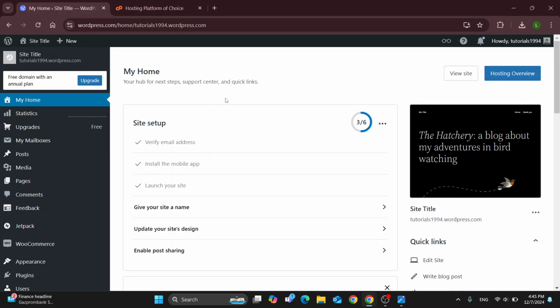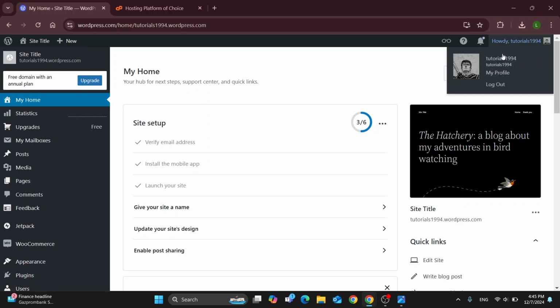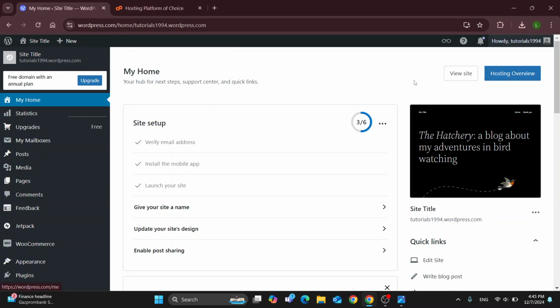So the first thing you want to do is to go ahead and open up the official WordPress website right here at wordpress.com if you've not already, and after opening it up, you'll be greeted by this main page right here, where in the upper right corner you can get started with logging into your account. So log into your WordPress account, and after successfully logging in, you'll be greeted by this home page right here,